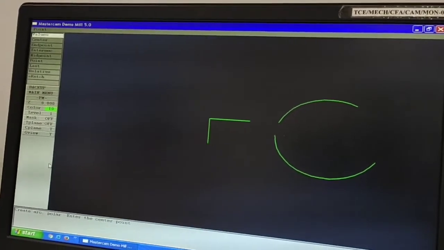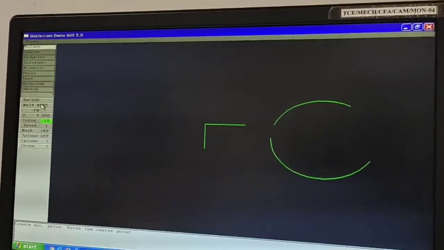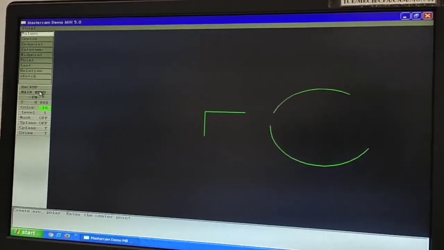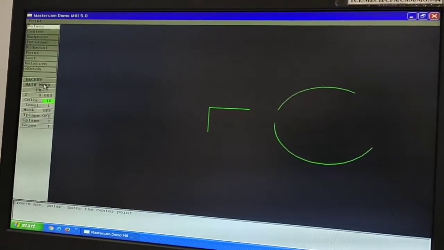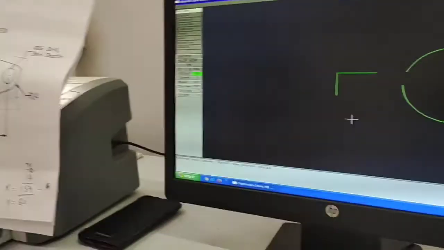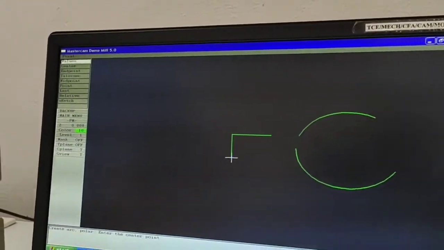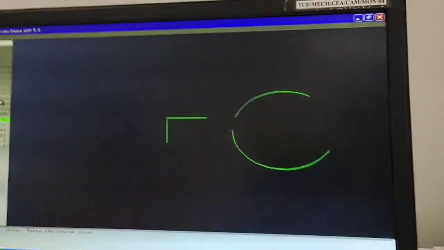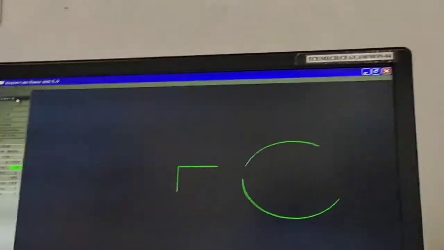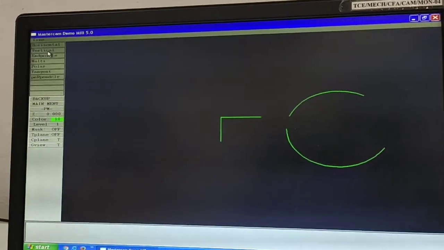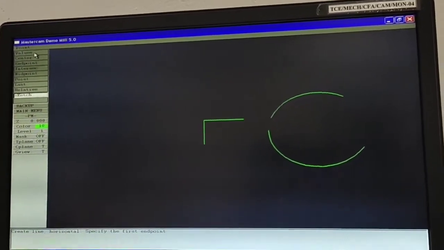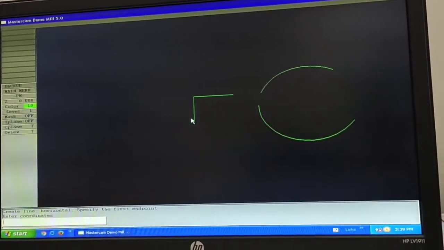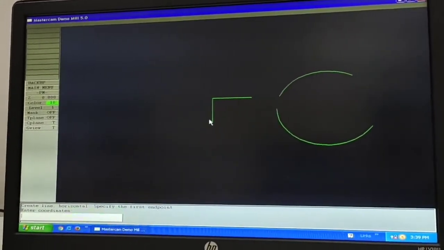So now I am drafting the horizontal line. Here there is no end point, so approximately I drop the horizontal line. The extreme of this arc, from here the line will cut this arc. What is the value? Main menu, create, line, horizontal values. This is a known value. What is the known value? X0, Y20.